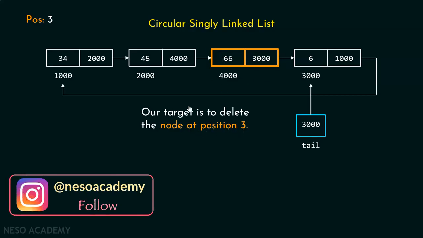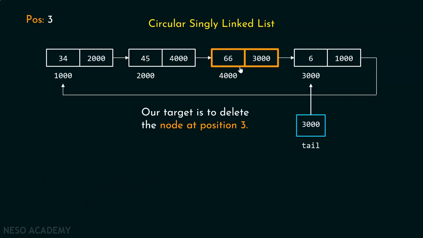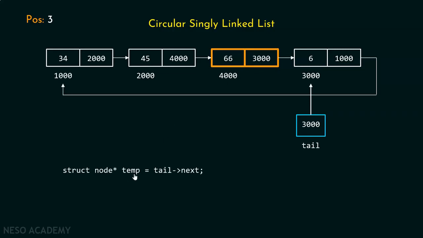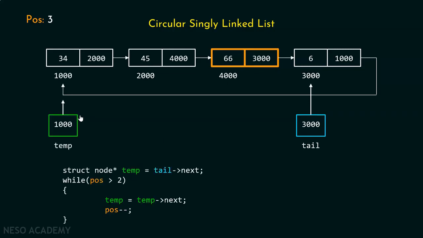For this purpose, there must be some pos variable available with us which must contain value 3. This time we want to delete the node at position 3. Here we are not asking to delete the node after position 3. We are asking to delete the node at position 3. For this purpose, I'll keep a temp pointer which must point to the first node of this list initially,